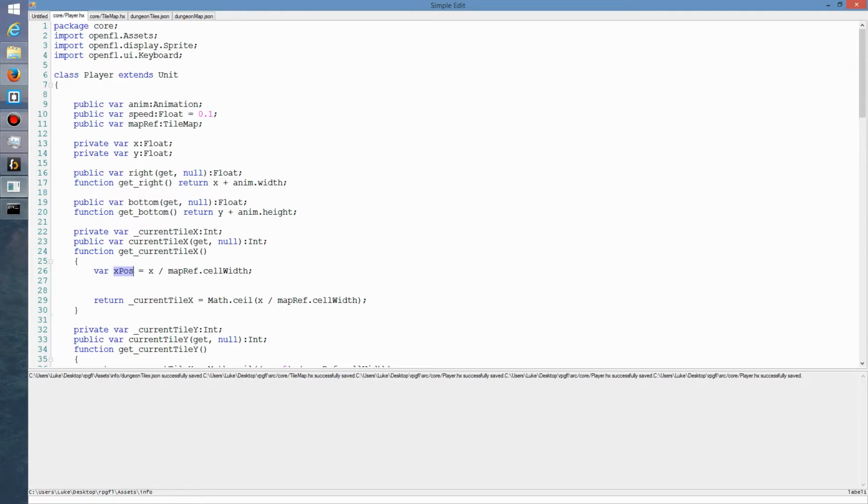So we know that this is going to be a float. Now what I'm going to do is check to see if this is greater than 0.5 or whatever it might be. So I'm going to then divide that by 2. So I'm going to say if x pos divided by 2 is greater than,